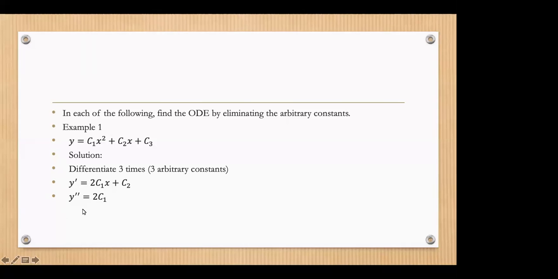And finally, you have y triple prime after differentiating y double prime, and then differentiate the right-hand side kung saan constant, so the result of that is 0. So as you can see, this resulting equation does not contain arbitrary constants. So it means that this is now your final answer for this given solution that contains